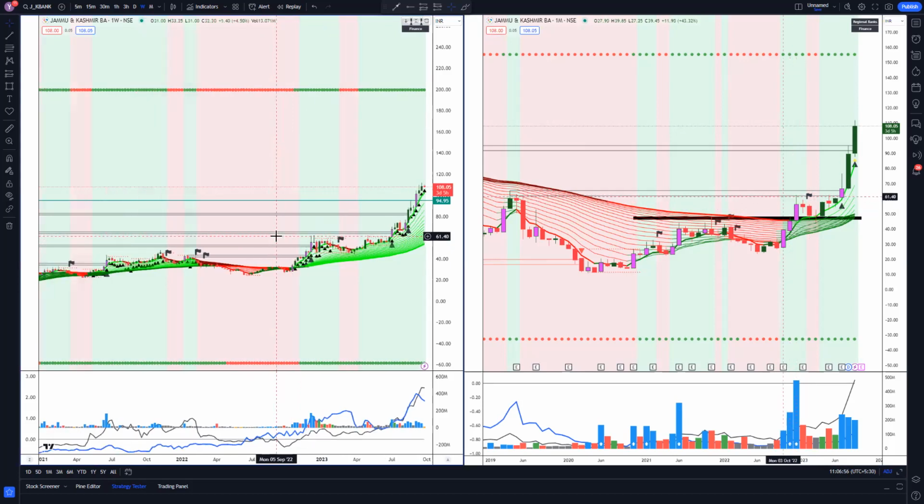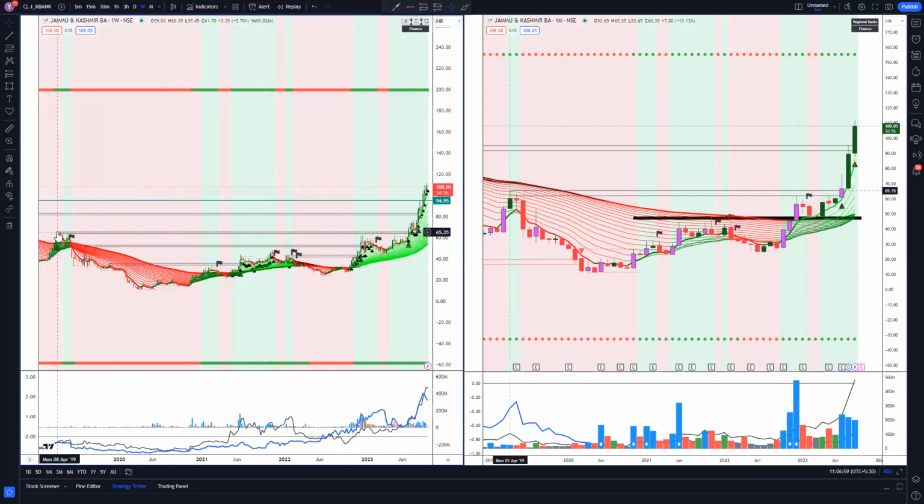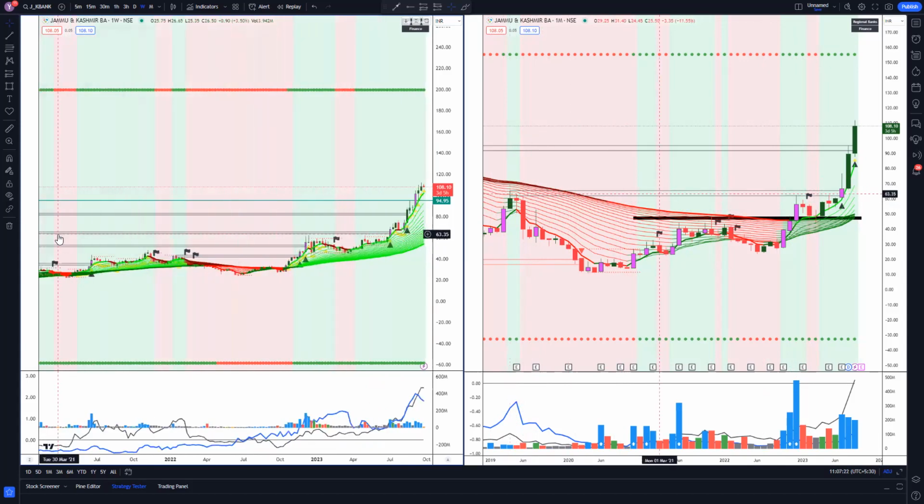So if you see on the left hand side, there was a resistance out here, which our system had plotted. So if you immediately buy at the resistance, there was anyways a lot of possibility that the stock would have come down. Okay. So what exactly happened? Over here we got flag 1, we have flag 2, which is the highest area. This is the highest area. So what we did